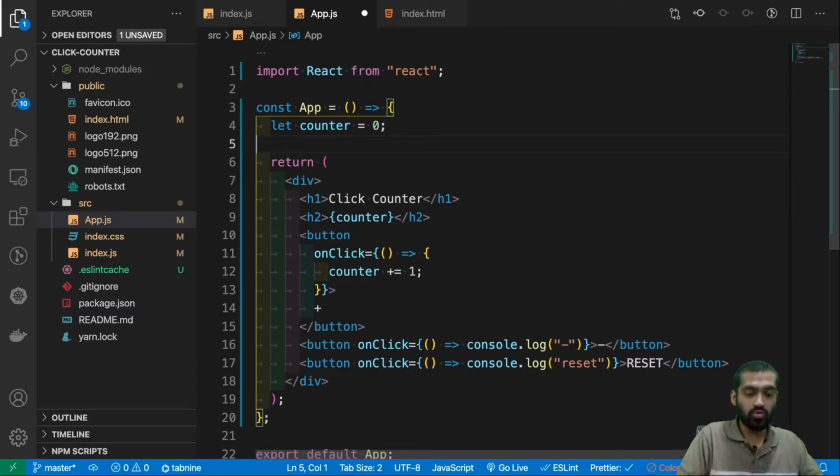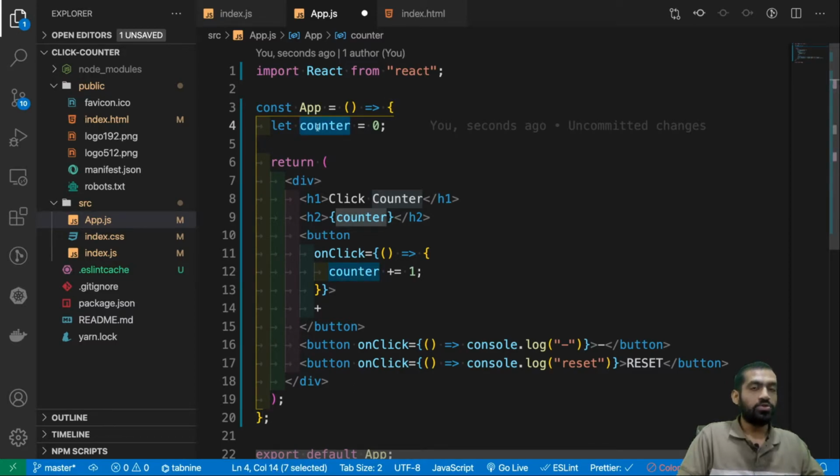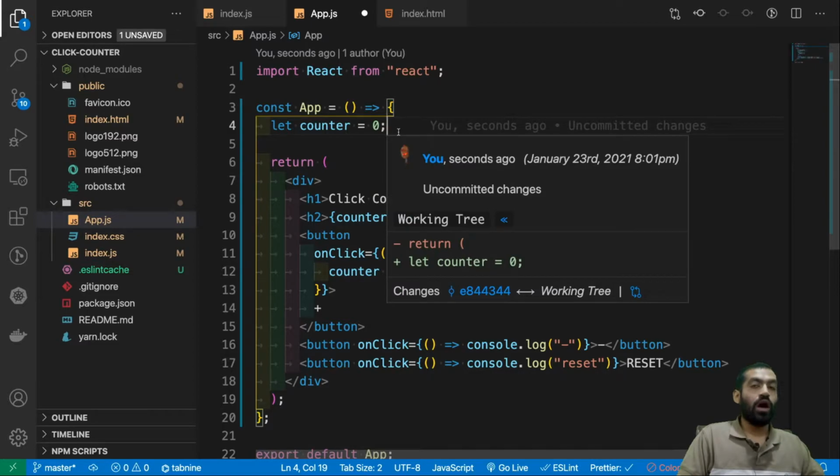Now in order to do that, we have to either change the prop of the component or the state, right? That is the first thing that I told you. Let's forget about the props right now. Let's just think about state. What is state? State is the data of the component, and what is the data of the component right now? The counter, right? So in order to refresh this component, or in order to re-render, remember the word re-render, this component, we have to make sure this counter lies inside something called a state, right? Now how to do that?